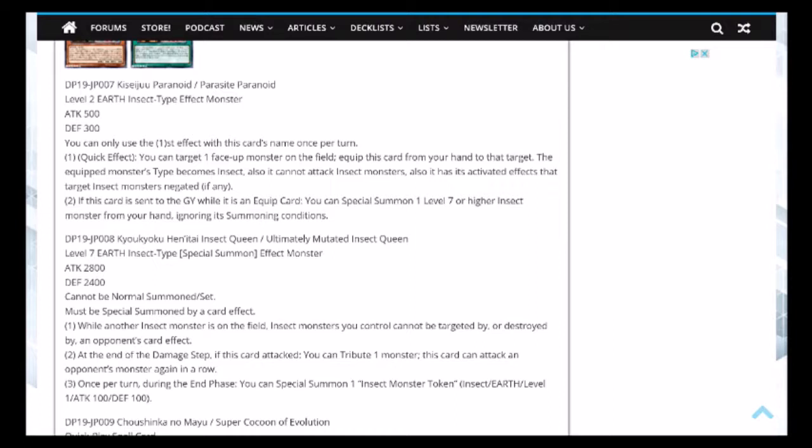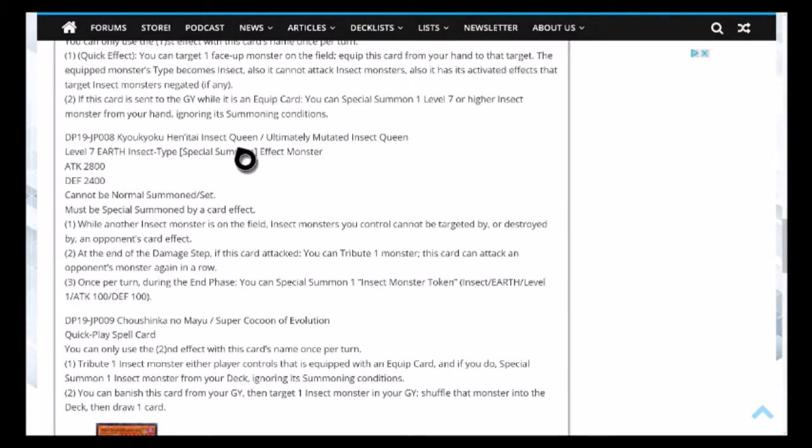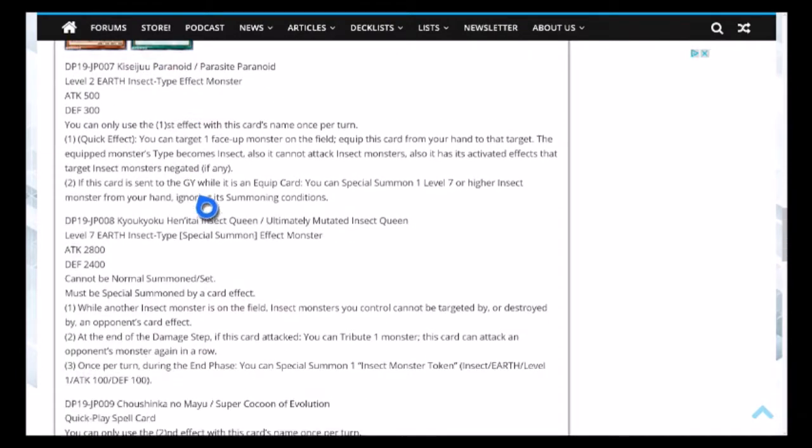Alright, that's cool. And then if this card is sent to the graveyard while it has an equipped card, you can special summon one level 7 or higher insect monster from your hand, ignoring its summoning conditions. Okay, that's pretty tight. Next we have this monster right here, Ultimately Mutated Insect Queen, level 7 Earth insect type,